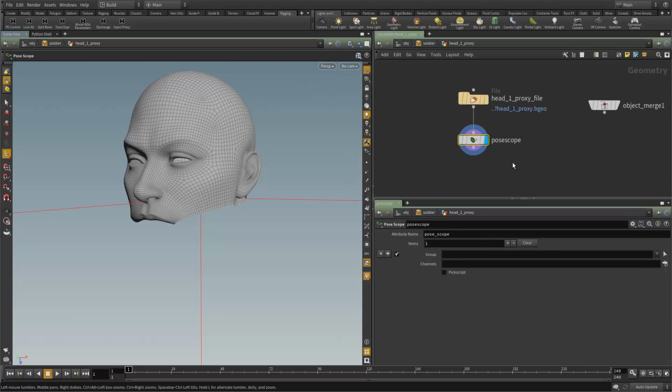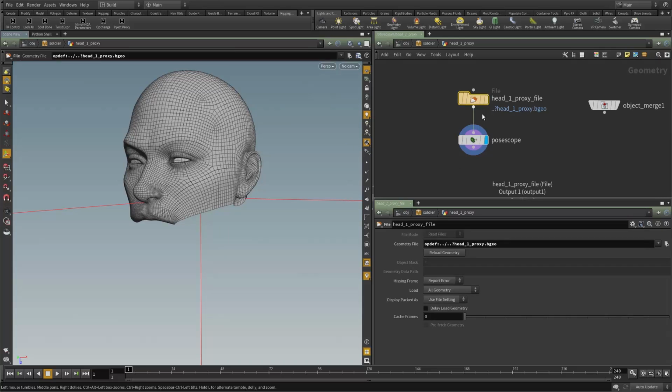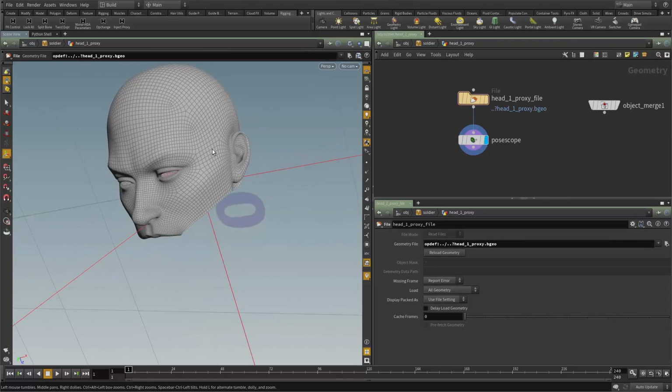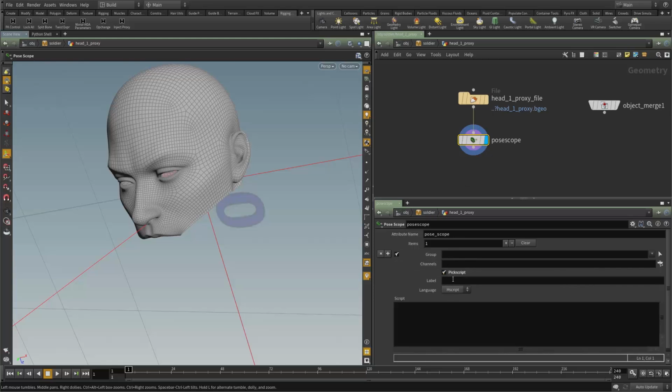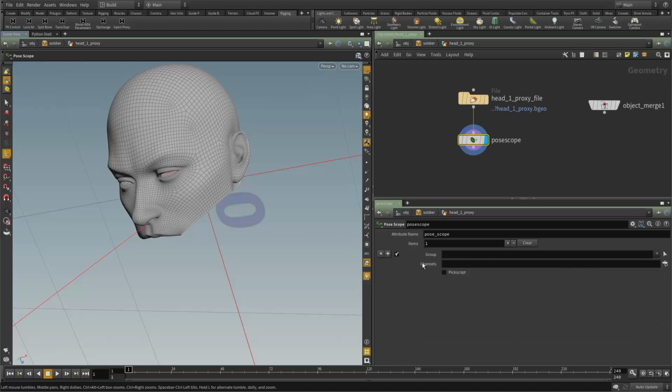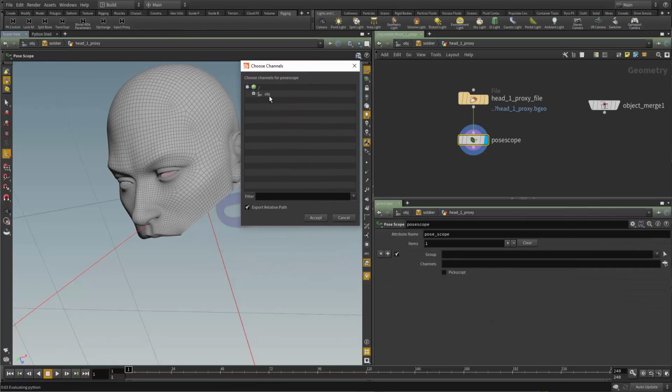And what the pose scope wants is a group, a primitive group. But in this case, if it's blank, it will just use all of the incoming geometry. And in this case, all of this is fine. So pose scope, a group, or all the geometry. And then I can specify some channels, or I can use a pick script, and I'll show you that in a second. But for now, if I go to channels, and I use a channel chooser,